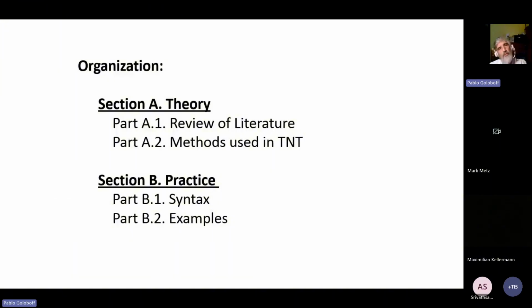Then we're going to move to the more practical part, checking the syntax for specifying inapplicable characters in TNT. And then we move on to the examples, using the computer program itself, which, as I